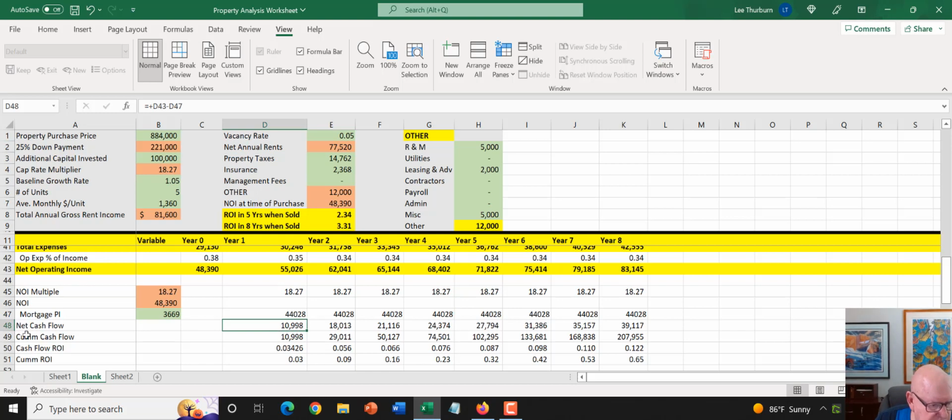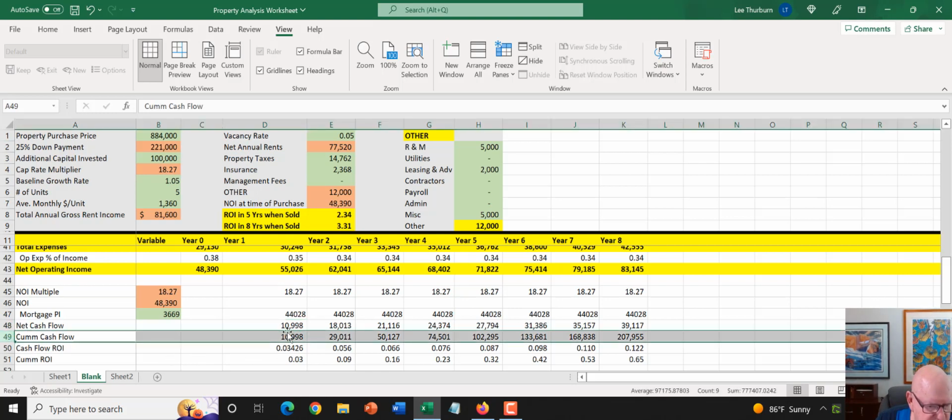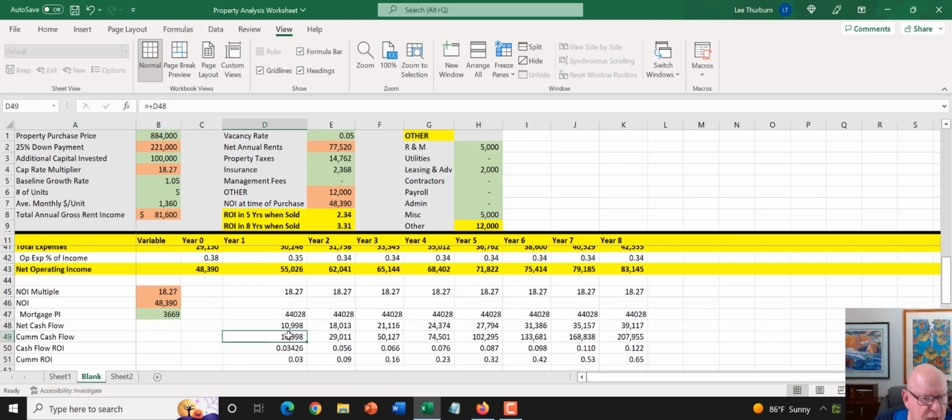This line right here is our cumulative net cash flow. So what we want to do is track our total return on investment. We have to look at the cash flow from the property. And you're going to see the property is going to cash flow almost $11,000 the first year, then 18, then 21, then 24, and so forth. So our cumulative cash flow over the time is almost 11,000 plus 18 is 29, is 50, so it